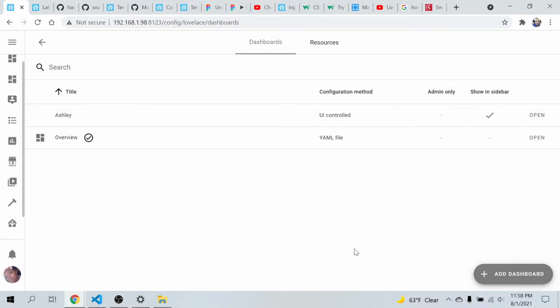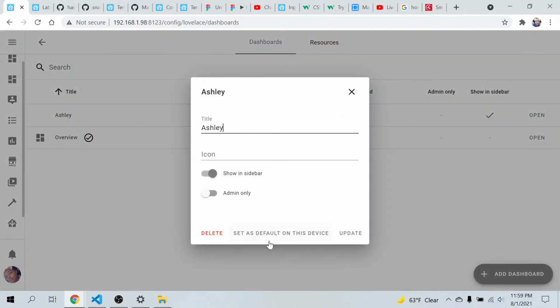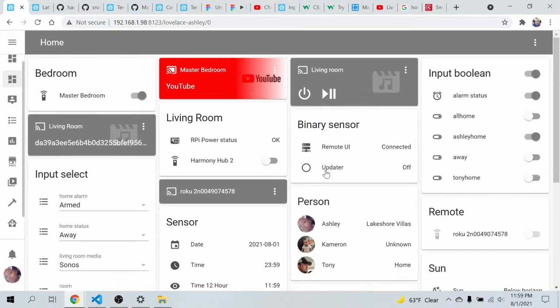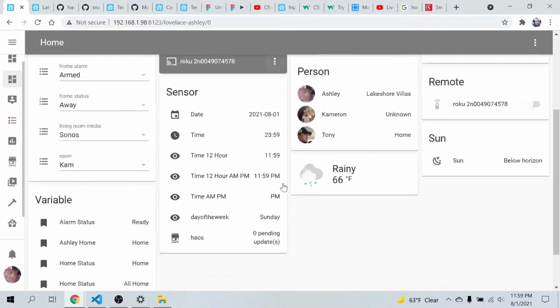Okay, well, let's see how this works. Oh man. So is this only UI control? Is this